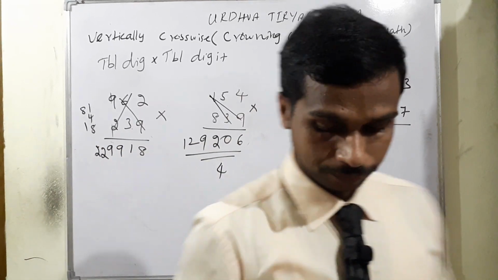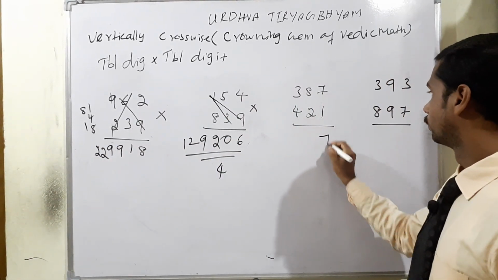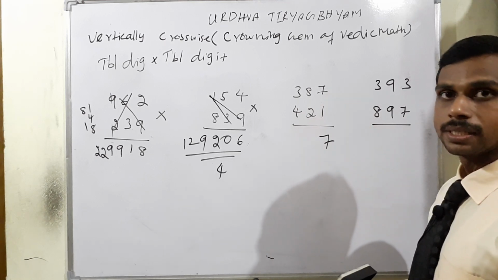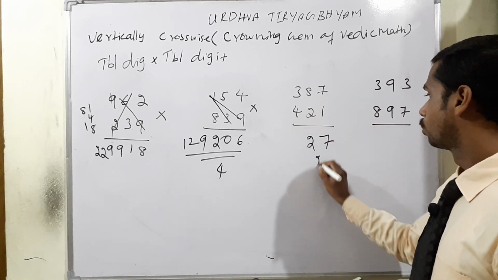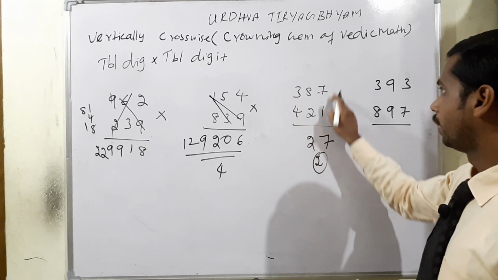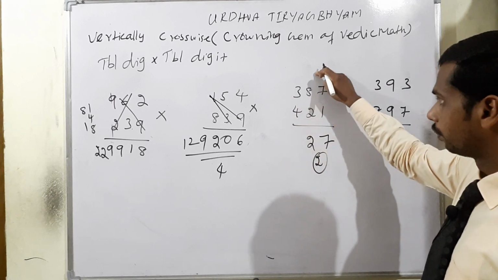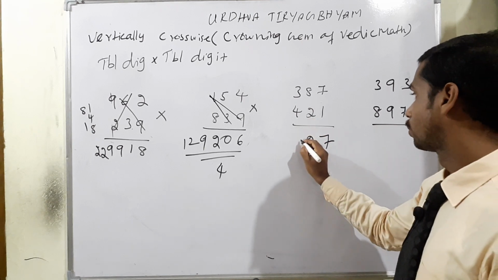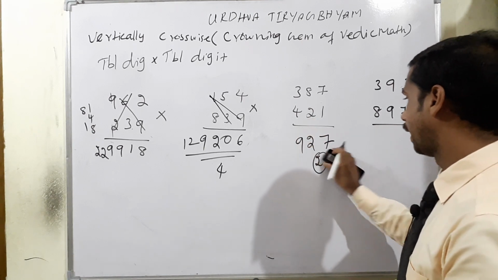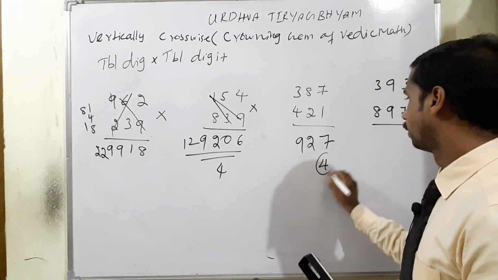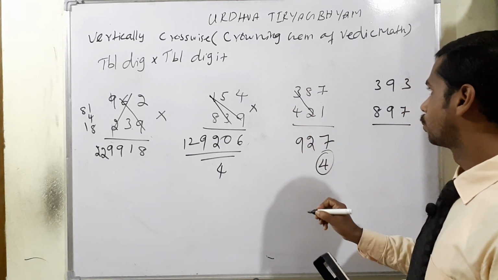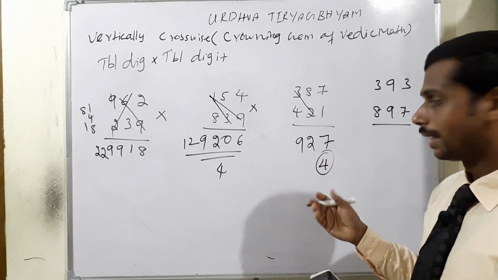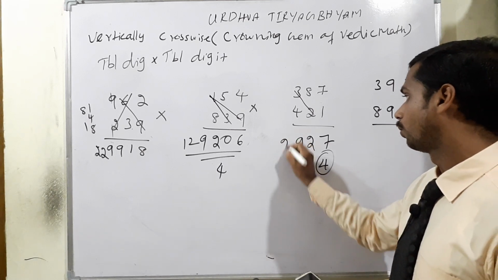Next one, 7 8s and 14. 8 and 14 means 22. So 2 carry 3, 28, 31. 31 plus 16, 47. 47 plus 2, 49. Now we have the carry 4 only. So 3 2s are 6. 8 4s are 32. 32 plus 6 is equal to 38. 38 plus 4 is equal to 42.